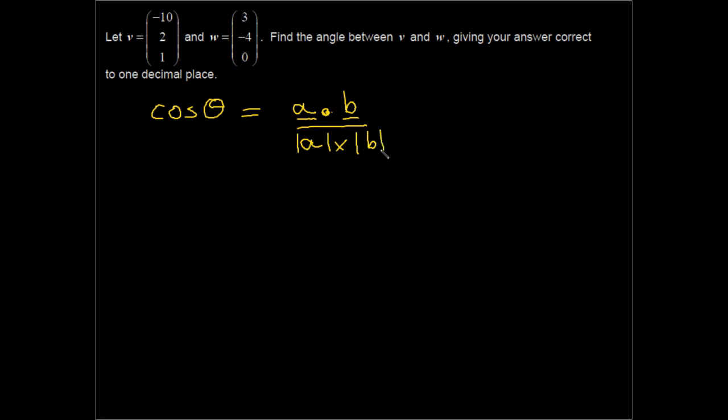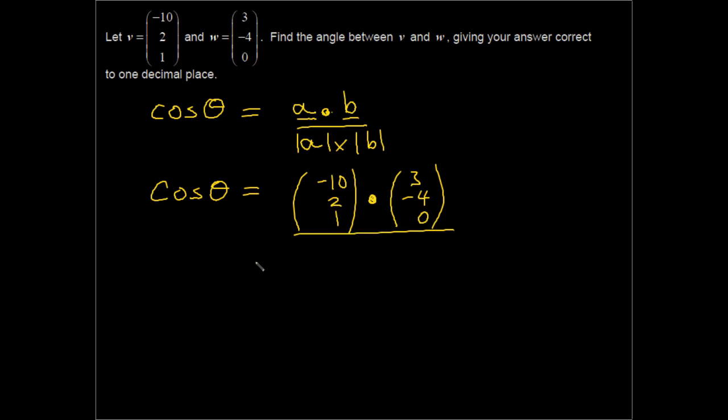So what we need to do is to work out the dot product of these two vectors, then work out the magnitudes of these two vectors and multiply them together. So that means cos theta is going to equal (-10, 2, 1) dotted with (3, -4, 0)